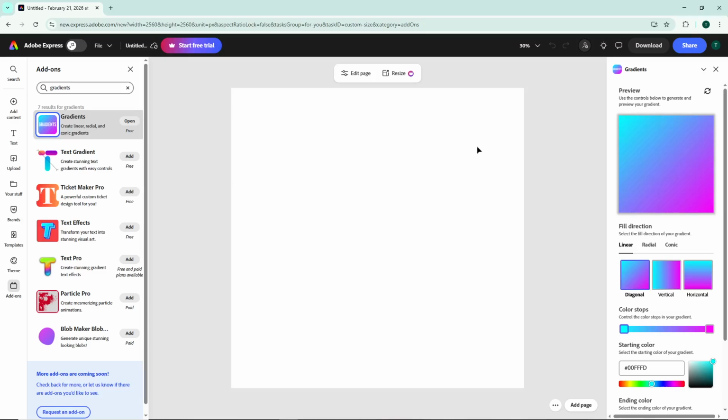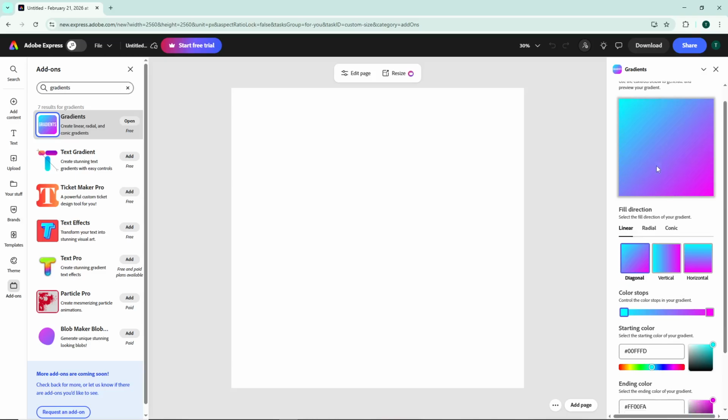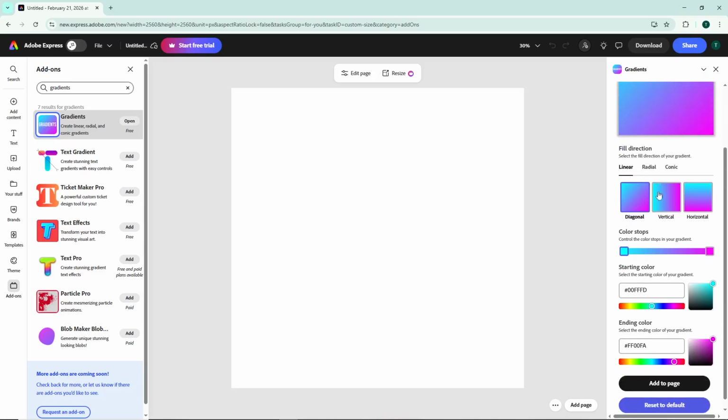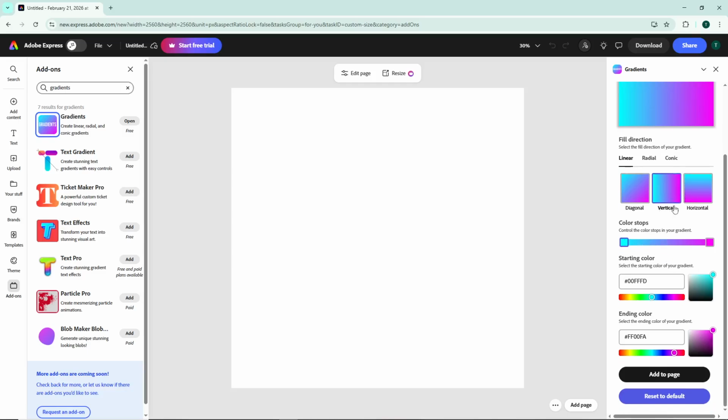Once the gradient tool is open, navigate to the right panel. Here you'll discover several gradient options to choose from, including linear, vertical, and horizontal styles. Each of these creates a different visual effect, so feel free to experiment and see which one suits your design best. The linear option creates a smooth transition at an angle, while vertical and horizontal create straight up and down